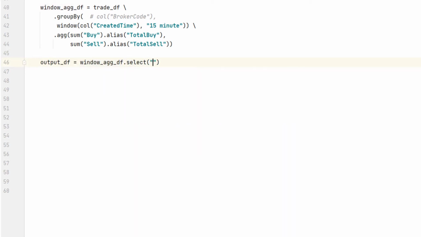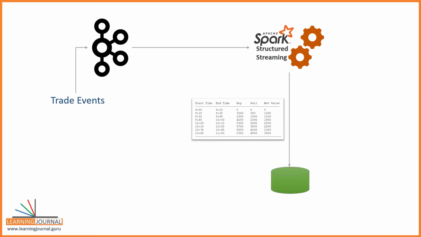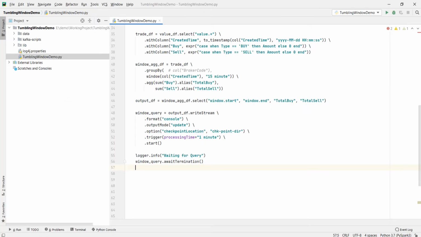But before that, let me create a well-formatted output data frame. Then we create a query and sink the output to the console. In a real-life project, I should sink the output to a database table. The target database could be a Spark database or it could be an RDBMS such as Postgres. Why database? Because my visualization team should read the sink table and create a graph, right? And they cannot read from Kafka or console sink. They should be expecting a database table that they can read using an ODBC or JDBC connection, right? I'll cover that part separately, but for now, let me sink it to the console.